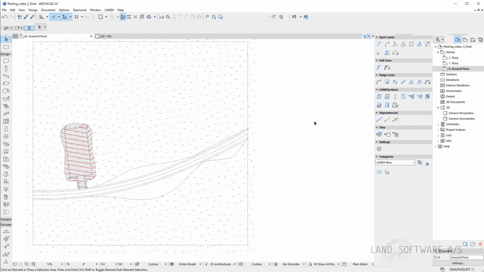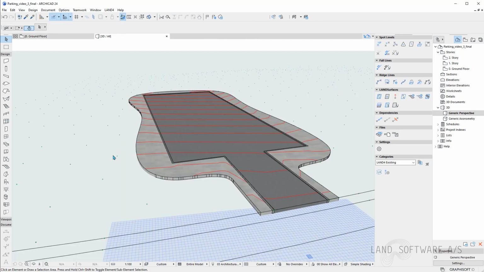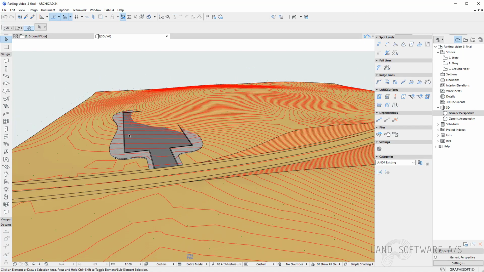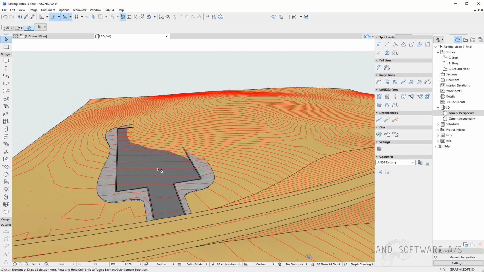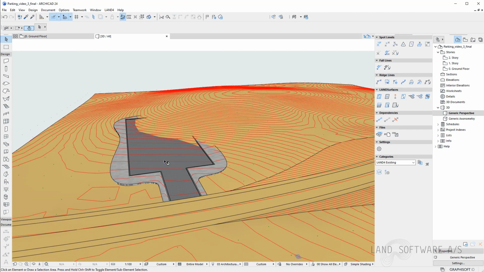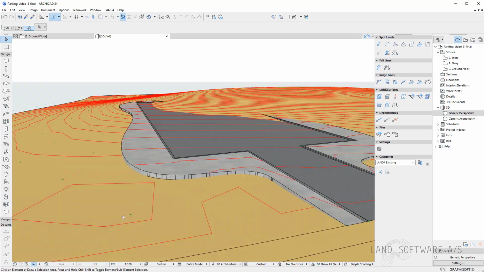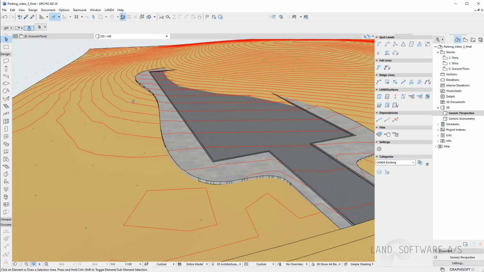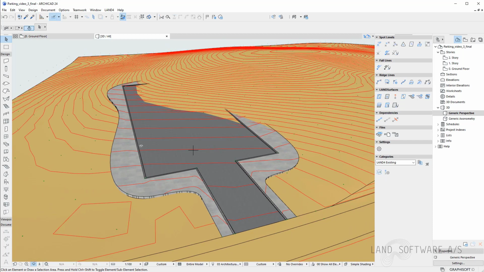So in the 3D, if I actually construct the existing terrain again, we can now see on the existing terrain that basically if we move the whole constructed area more to the left, then we would basically need more fill, because we can see on the level lines also that the level of the terrain is going down here, and we would need less cut, obviously.